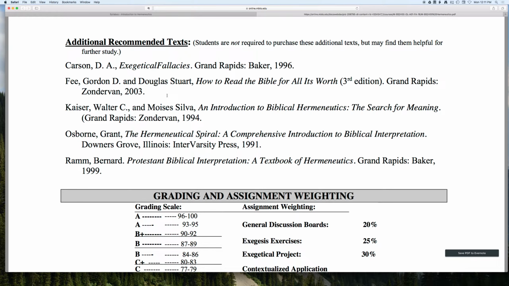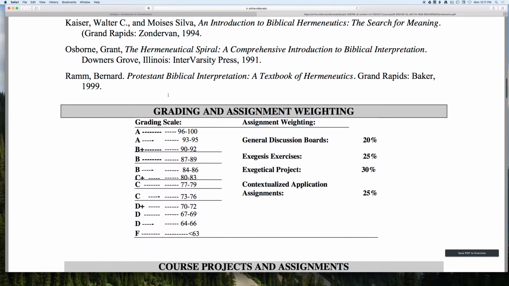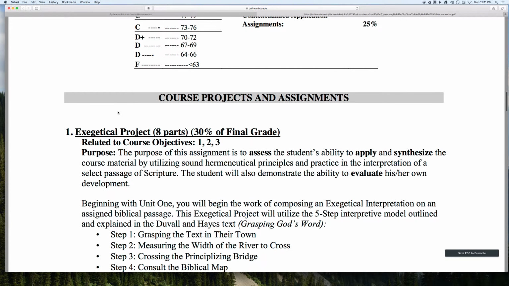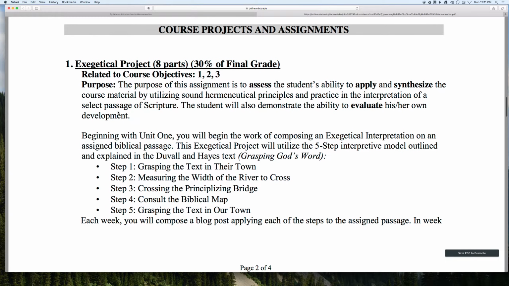They're helpful, and they may come in handy later on as you move on in ministry or life or whatever, if you want to refer back to the things you've learned in this course. Here's the grading scale. It's a standard Midwestern grading scale. Your course projects and assignments. Now, each of these we'll discuss a little bit during each week as they come up, but essentially you have